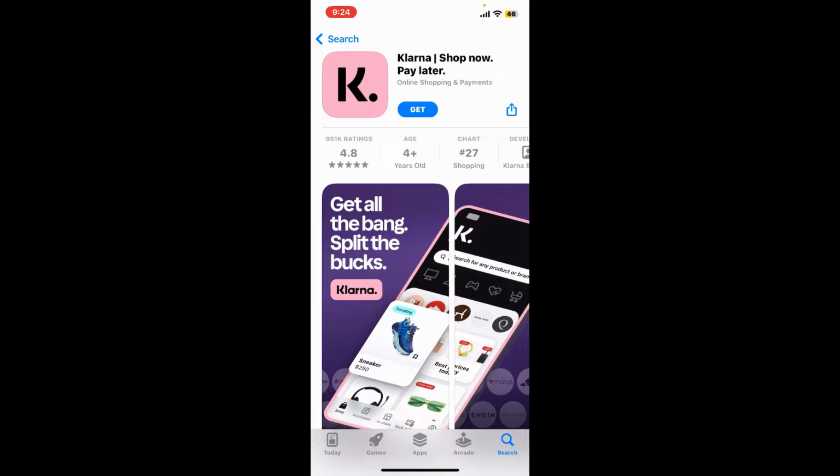for your iPhone. Klarna is a Swedish financial technology company that offers buy now, pay later services. It offers a variety of buy now, pay later options including Klarna Pay in 4, Klarna Pay in 30, and Klarna Financing. Simply tap on the Get button and wait for the application to download and install on your iPhone,